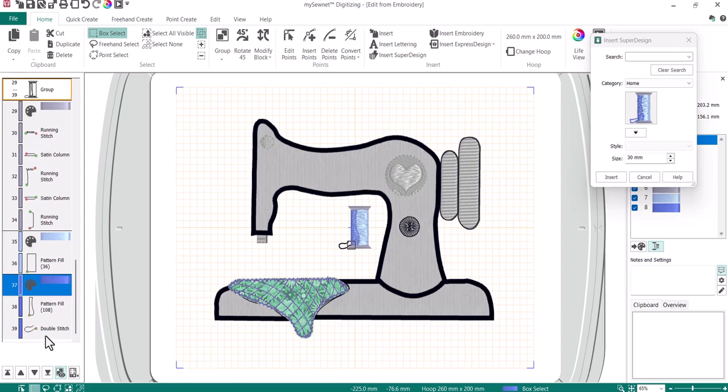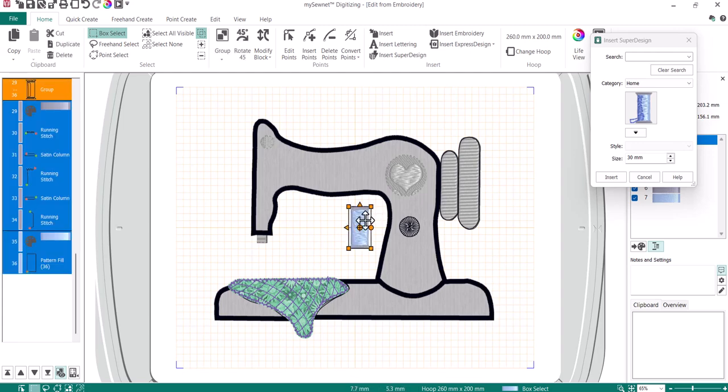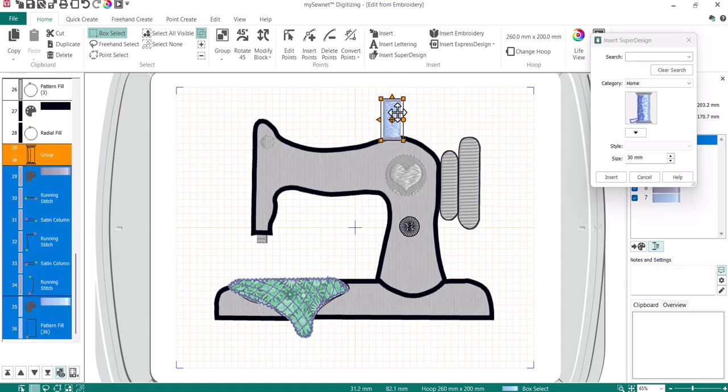I want to make some changes to this, and I do not need from this color down. So I'm going to actually hold my shift key. I've got the last blue color selected, and I'm going to hold my shift key and select all those and delete that. I don't want that. I just need the spool of thread. And it actually created it as a group. I can move it up here, but I'm going to make some changes to it